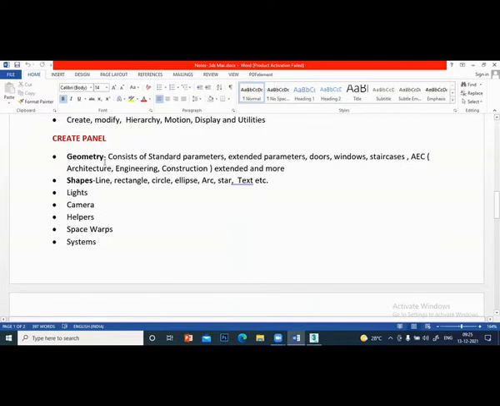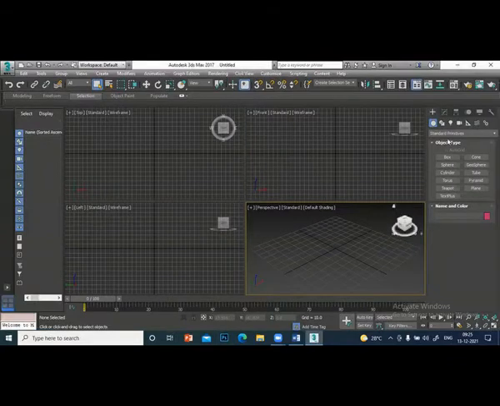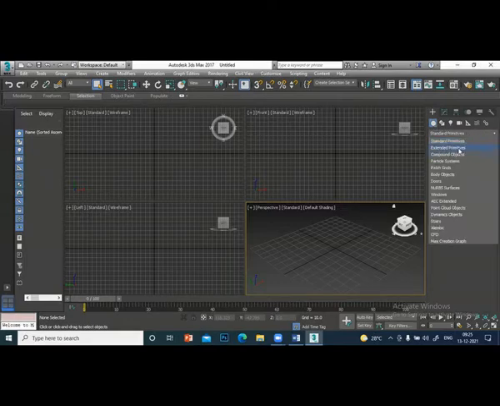Geometry under the create panel is very, very important. We create most of the objects using the geometry panel. Under the create panel, the geometry sub panel is used to create many of the objects. Under the geometry, there are so many commands available: standard primitives, extended primitives, compound objects, and many more.